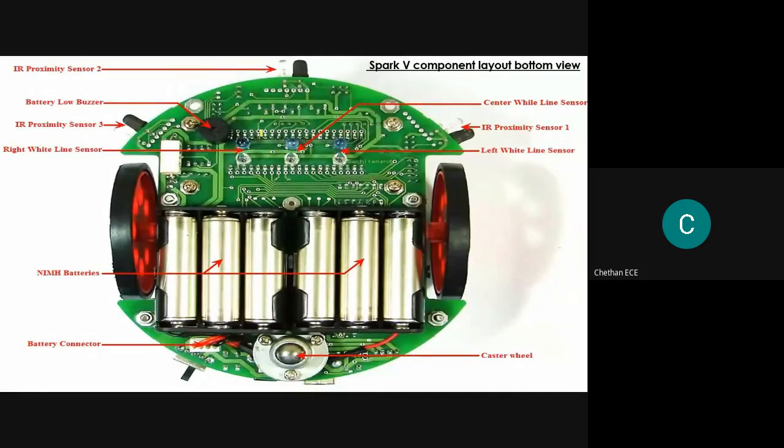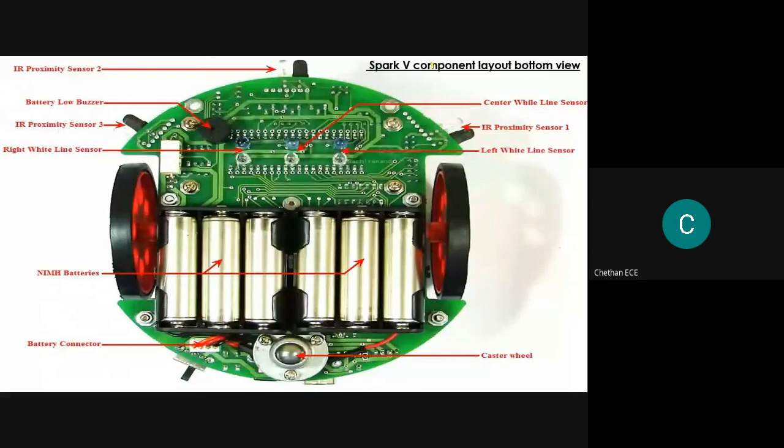Okay, even though the name is referred to as a white line sensor, we can also sense the colors of different lines where the reflection of each color varies. Okay, since as per the name is concerned, this white line sensor is basically used to sense the white line. Additionally, we can also sense the black line and lines of different colors, but in each case the amount of reflection will significantly vary. Okay, in addition to the white line sensor, we have rechargeable batteries which can be connected to our robot by using a removable